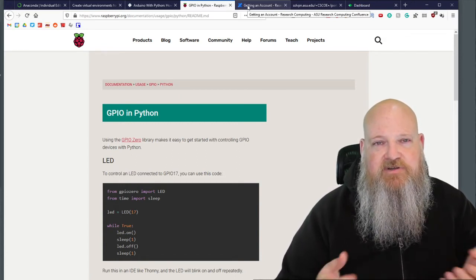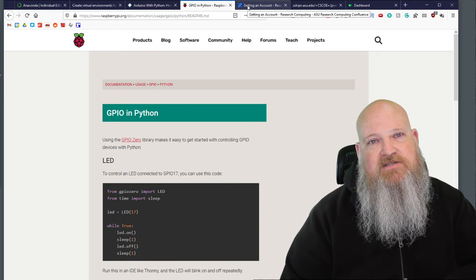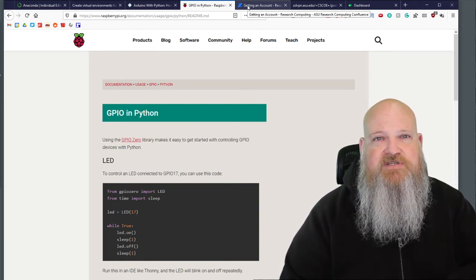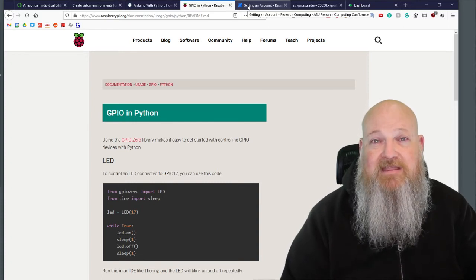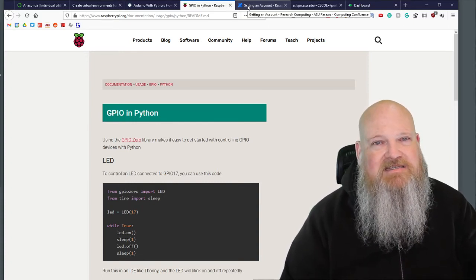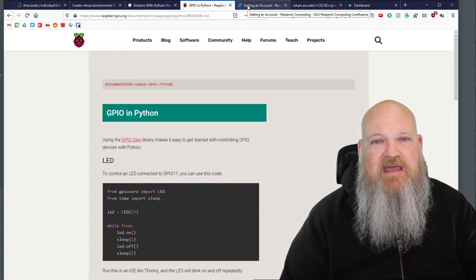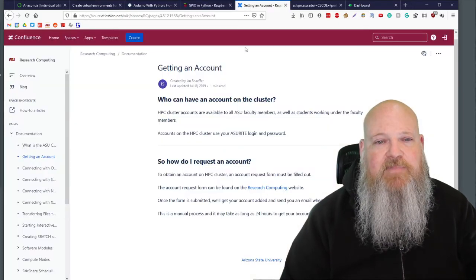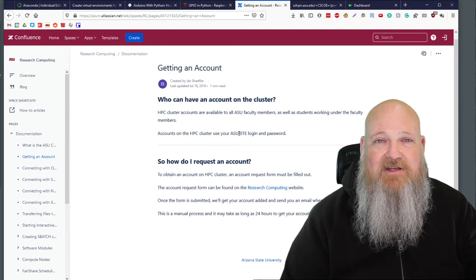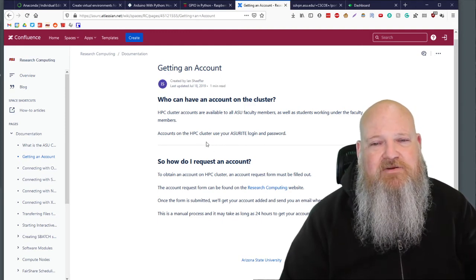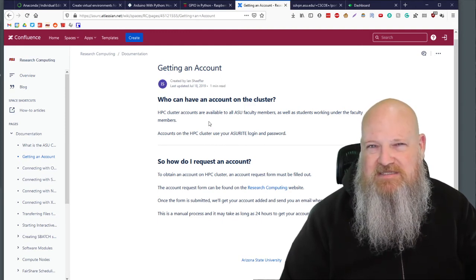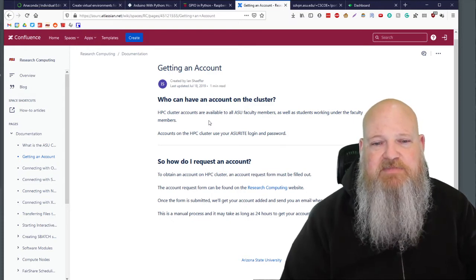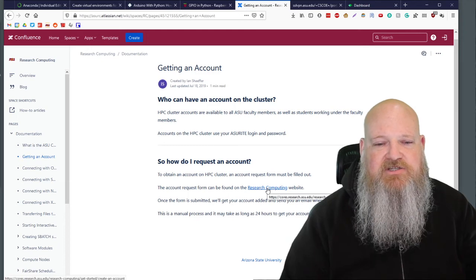But because you're a university student, you do have access to the research computing at ASU. And so this is a good time to talk a little bit about how you get there easily. And frankly, this is tricky stuff, but they've made it really much easier for you to gain access. The first thing you need to do is make sure that you have an account on the cluster. And I don't know how this works necessarily for you. Some of you may already be set up with these accounts, but if not, there's a link here to a